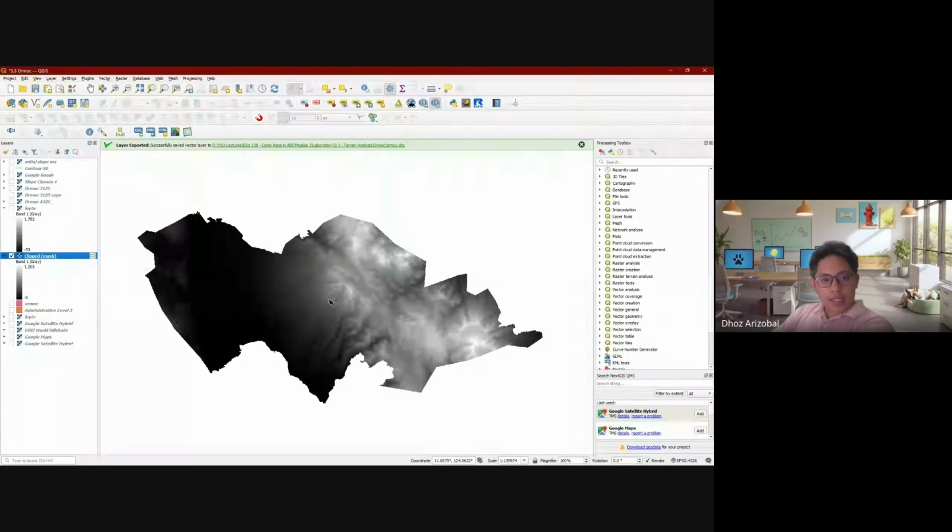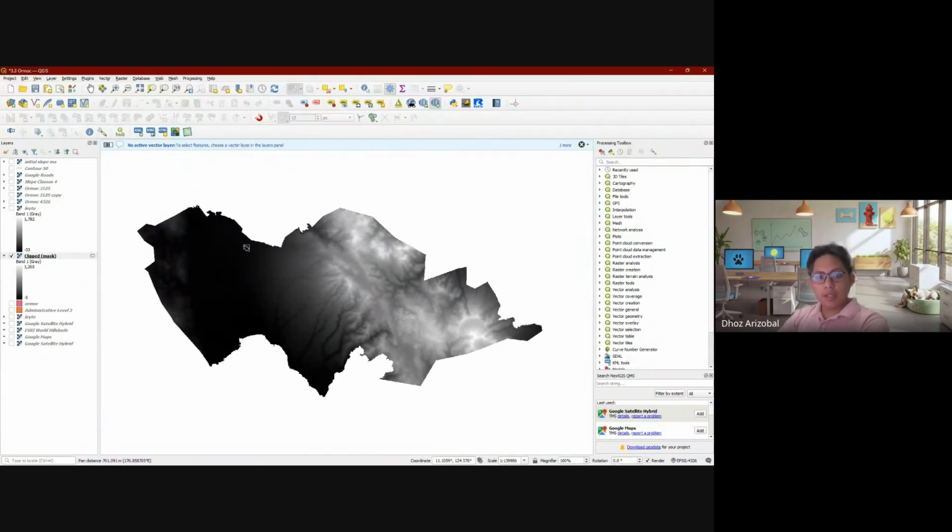So based on this alone, I can see that this side of Ormoc is mountainous because it's light, and this area here is suitable for farming because it's relatively flat. But this alone is not enough for me to say that is where the suitable region is. So we'll try to add more processing so that you can identify which regions are suitable for planting.